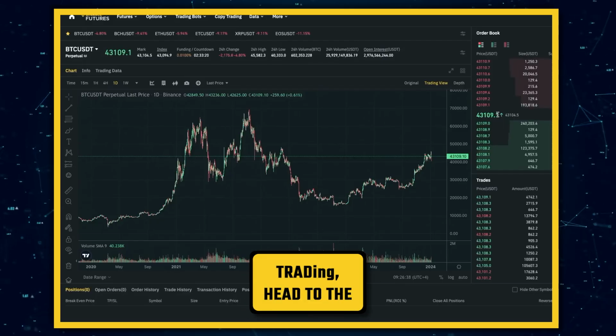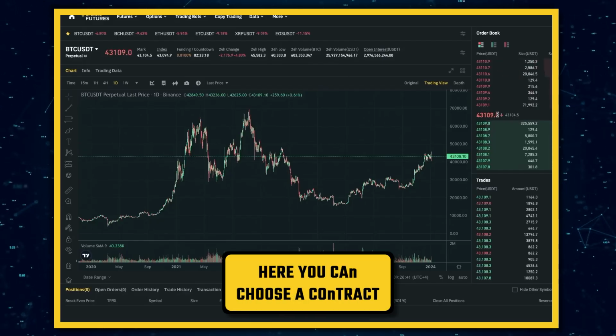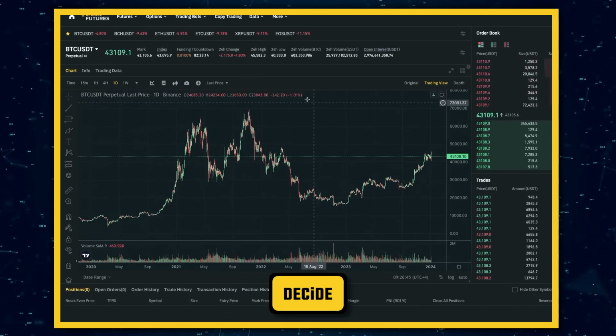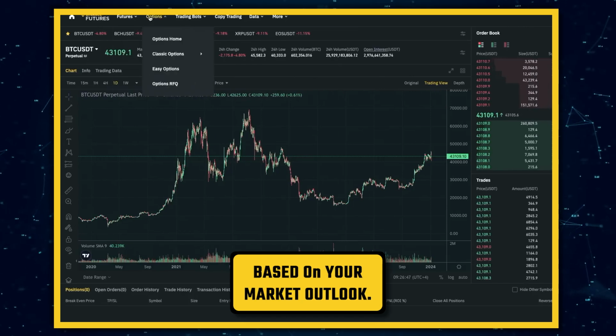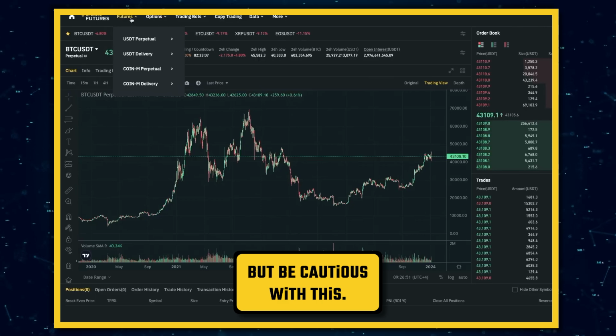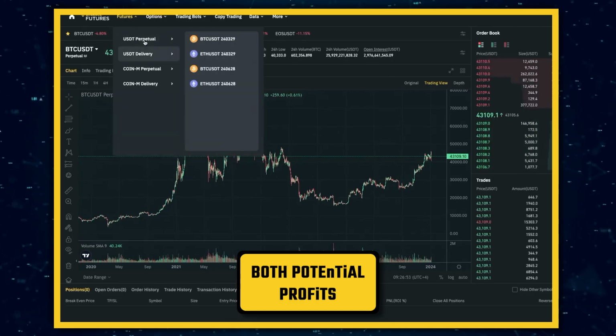For futures trading, head to the Derivatives tab. Here, you can choose a contract you want to trade. Once you've selected your contract, decide whether you want to go long or short based on your market outlook. You'll also need to choose your leverage, but be cautious with this, as higher leverage increases both potential profits and